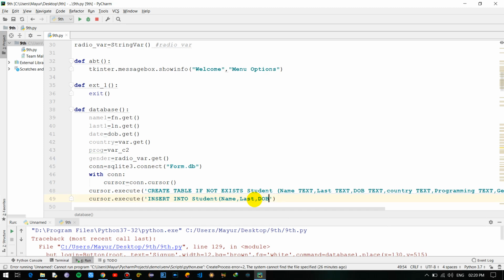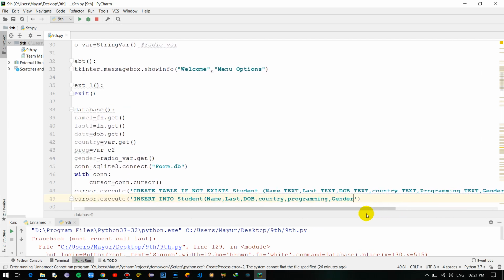And last, we'll be using DOB, then country, then programming, comma, gender. Okay, so I'll just check everything is right. Okay, everything is right. And just remove this